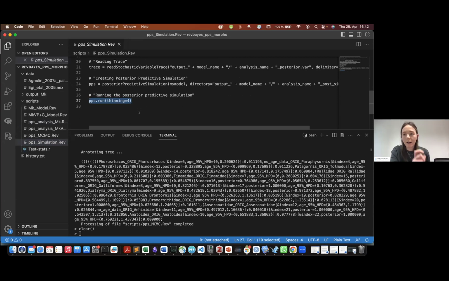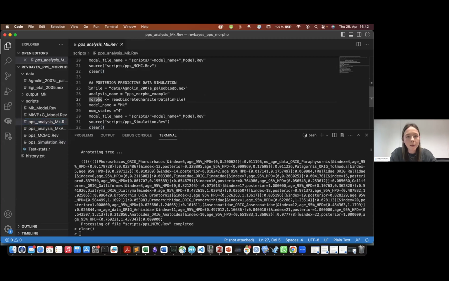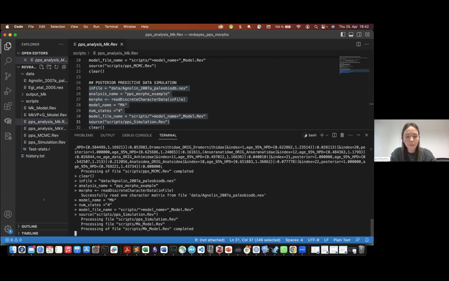And this thinning parameter changes how much you simulate. So now I'm telling it to simulate on every 4th tree, which would give us 500 simulated data sets. In the study that I was talking about earlier, we found that having 500 data sets was sensitive enough to give us a good result on which model we needed. So then if we run that,